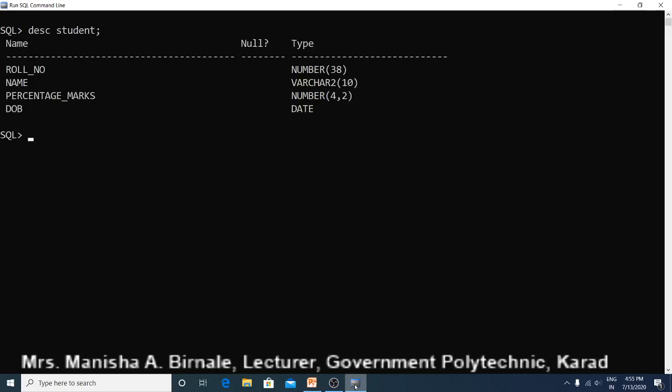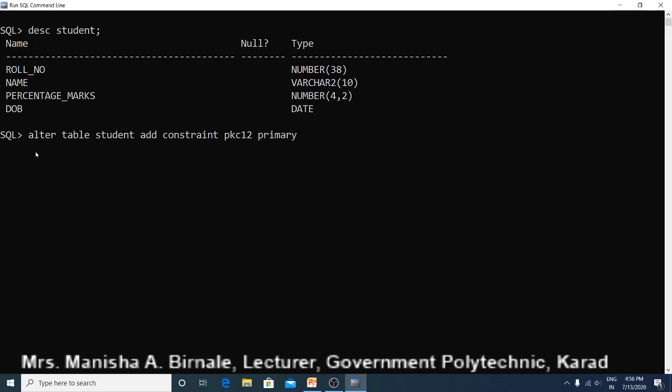Let us see the description of the student table. Here we have created this type of table. For roll number, not null is not written because it is not a primary key. Now we want to set this roll number column as a primary key. So use alter table. The table name is student. Then use add constraint. You have to give a constraint name. Suppose pkc12.